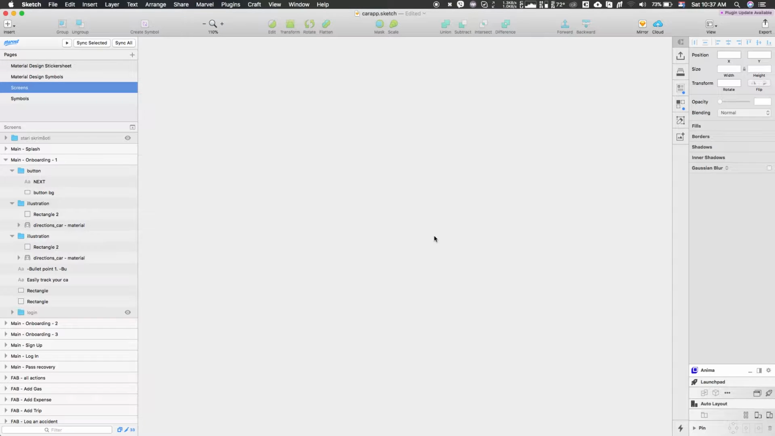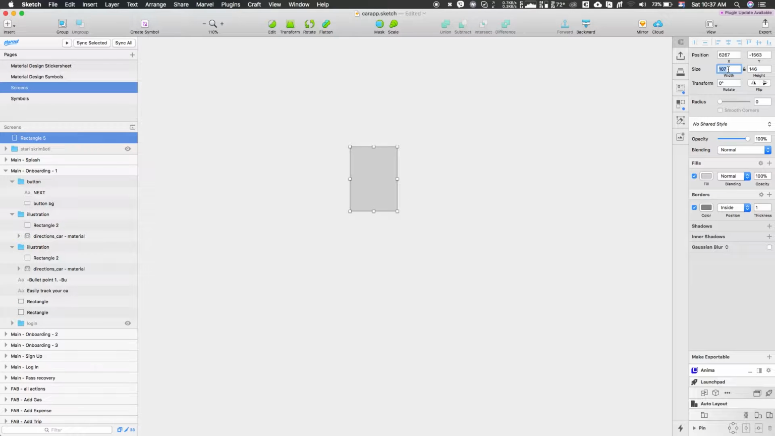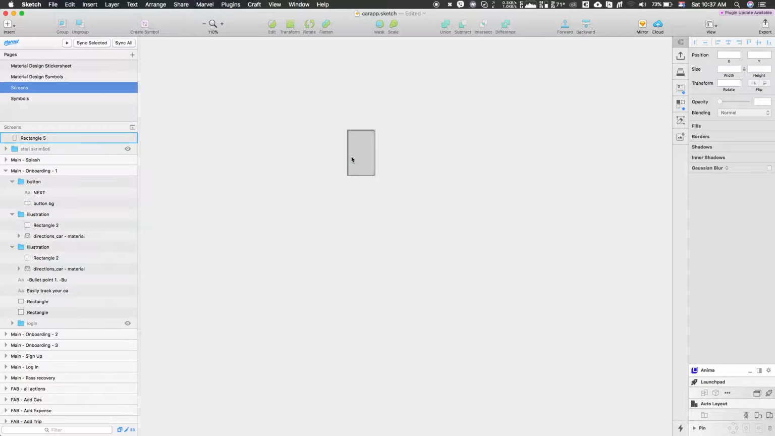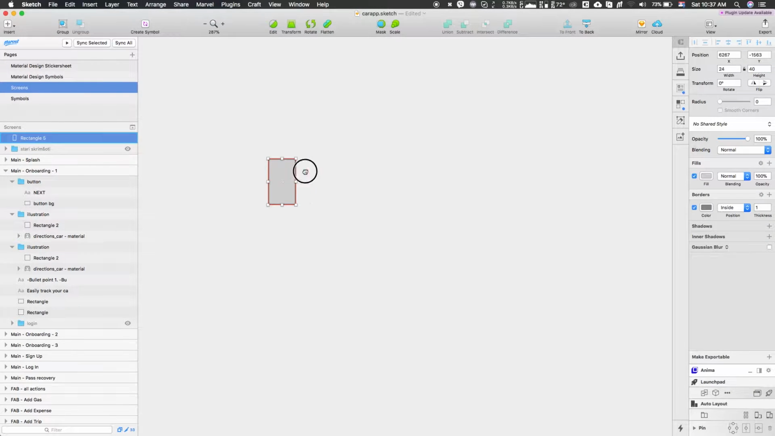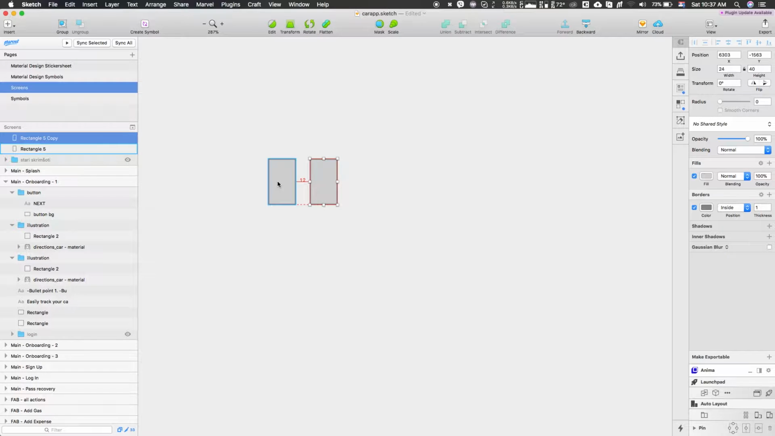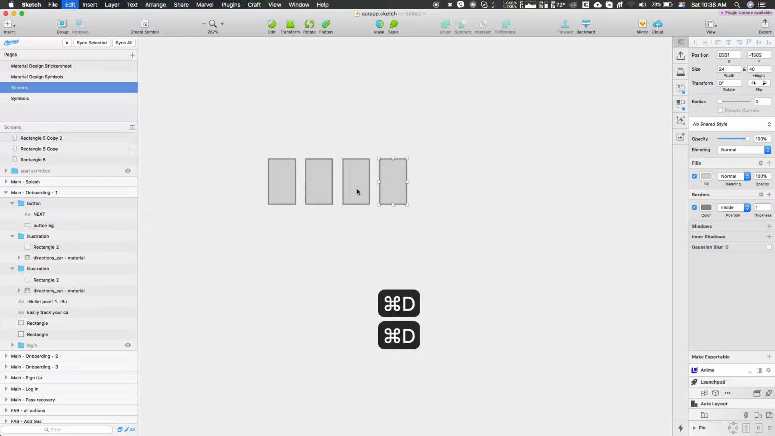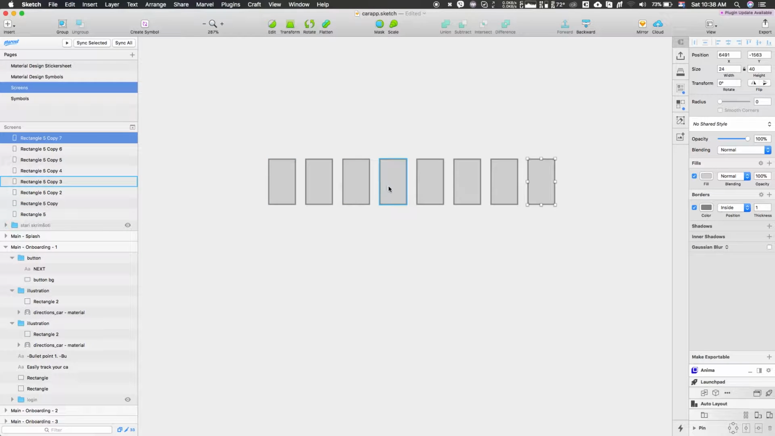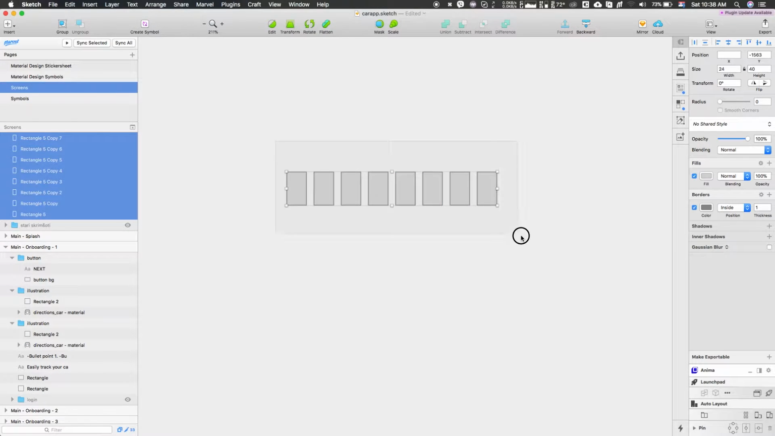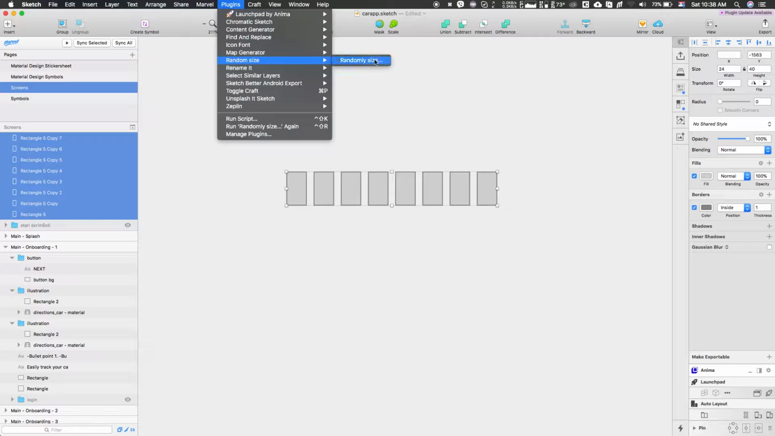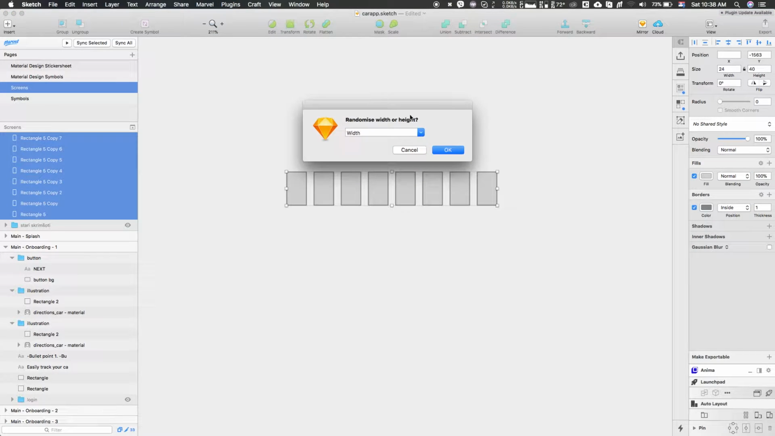Okay, now I'm gonna create a rectangle. I'm gonna create one and I'm gonna say 24 and 40. Now like this, you have one of those. You want to duplicate this, and I'm gonna say that the distance is going to be 8 pixels. Now I have 8 of those. What I'm gonna do now is select all of them, go plugins, random size, randomly size, and this is the